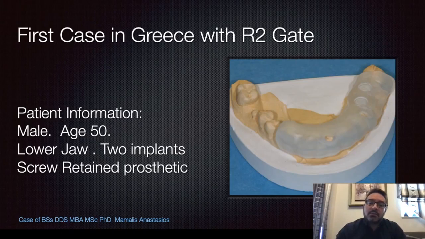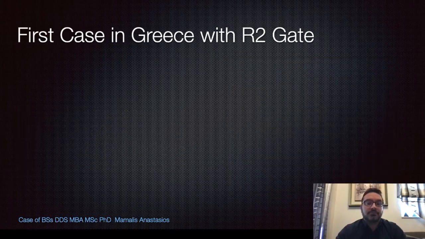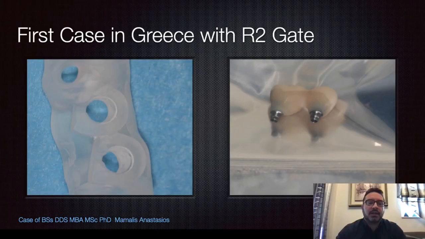So we asked them to manufacture and send us a surgical guide for 2 implants, and the prosthetics as a 2 element screw retained. We received the surgical guide that is sleeveless. This is what I prefer and like most in the R2Gate, that we don't have sleeves, so we are more accurate. And we also received the 2 provisional teeth made of PMMA on TI Gen abutment.